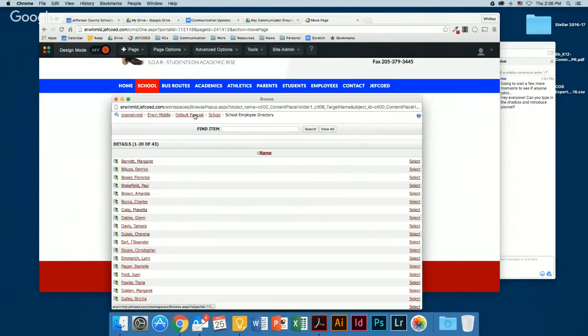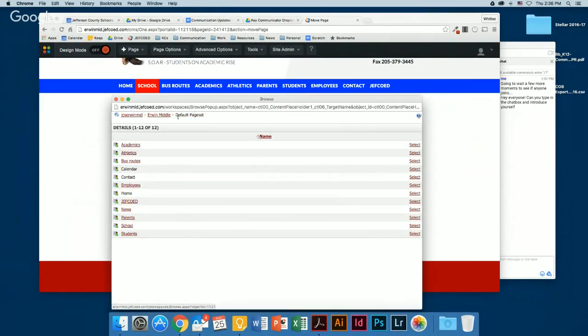So if I click default page set, I can see that there's academics, athletics, bus routes. I think that's default, employees, and so forth. So what's here is default page set, and that's where everything is housed under one of these.